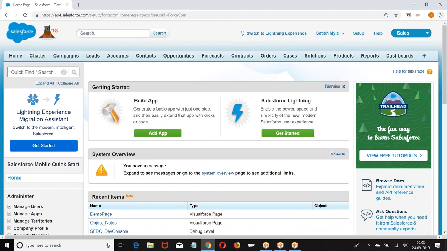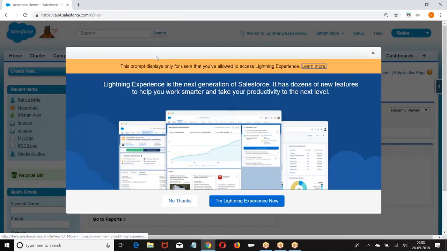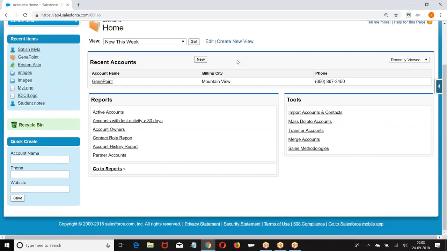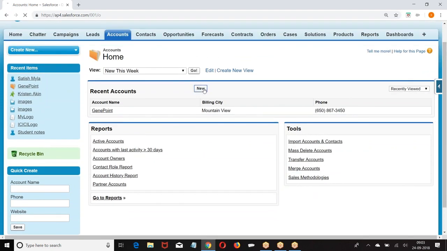If you want to open any one of the objects, we need a tab. If you want the object to be accessed, if you want any operation to be performed on an object, we need a user interface. That user interface is called a tab. Now let us see. When I click on this tab, the corresponding object opens.